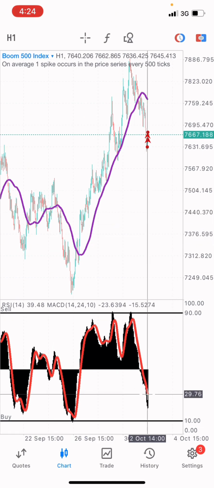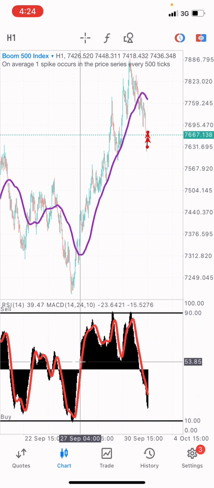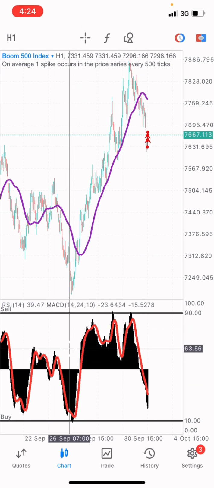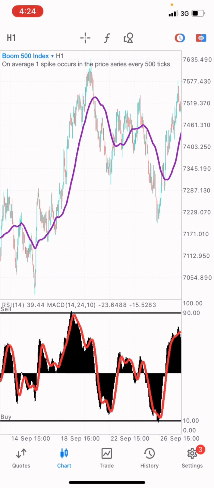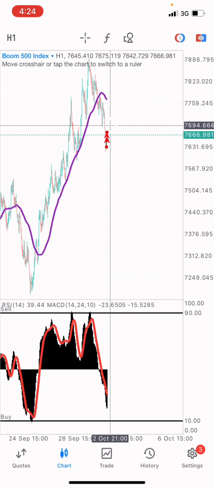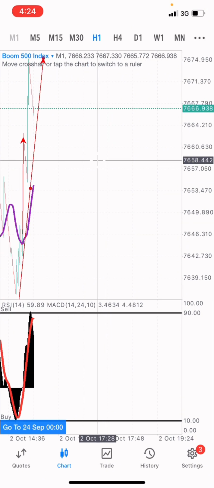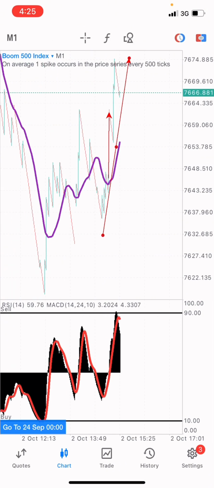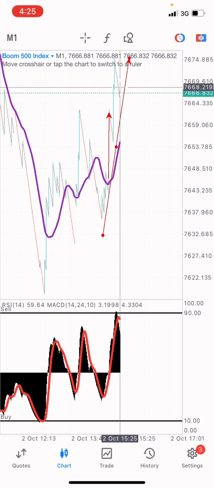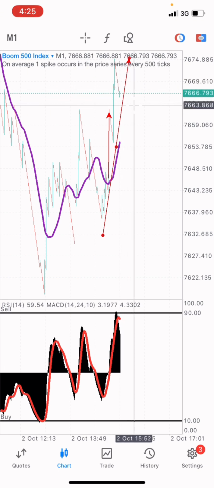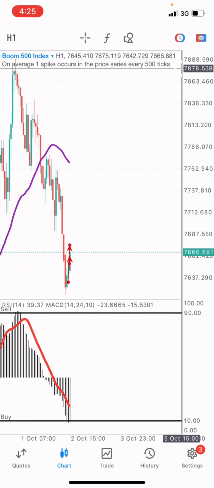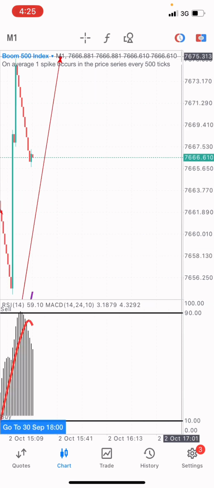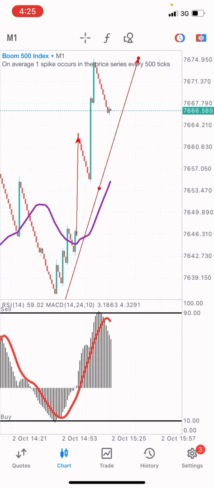Okay, so we're seeing that this market will soon start creating an upward trend of the MACD, and whenever it starts creating an upward trend of the MACD, the market tends to buy upwards at that very moment in time. So we're still seeing another sell position at this very moment. Okay, go to the 1 minute time frame right here, we're seeing a sell opportunity at this very moment in time. So the market would sell for a short period of time before it will buy again. We're seeing a sell opportunity at this very point in time on the 1 minute time frame.